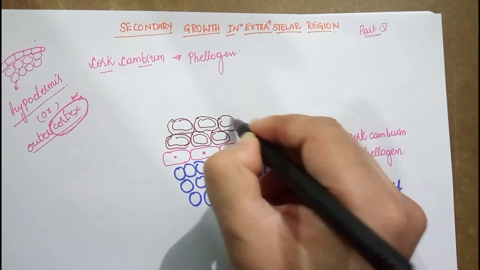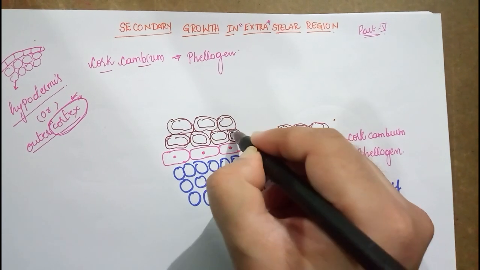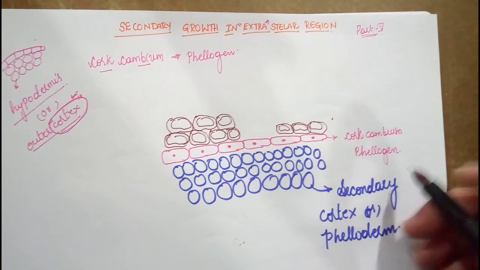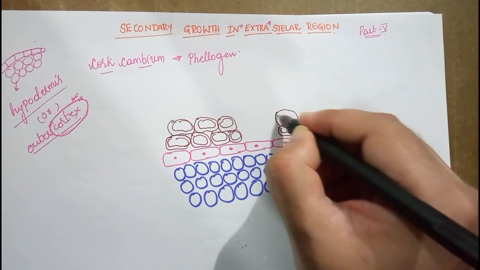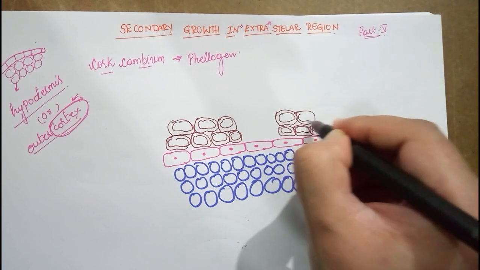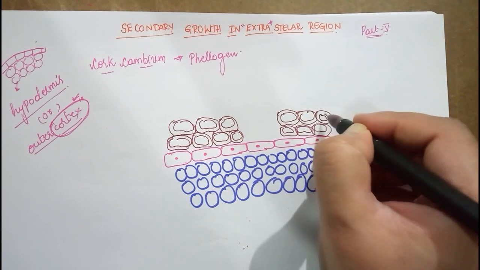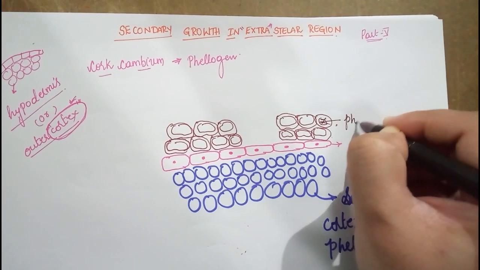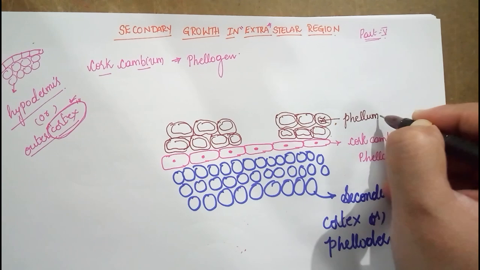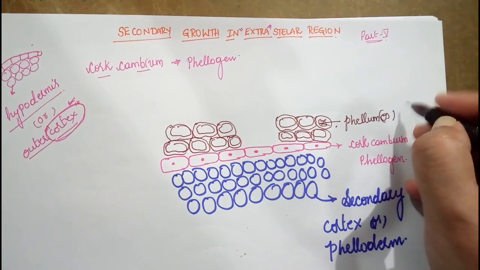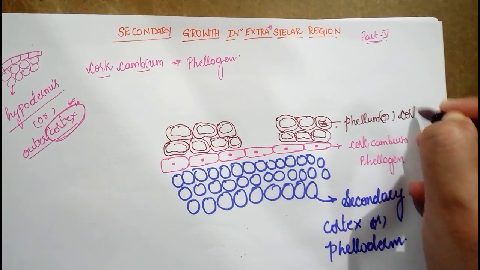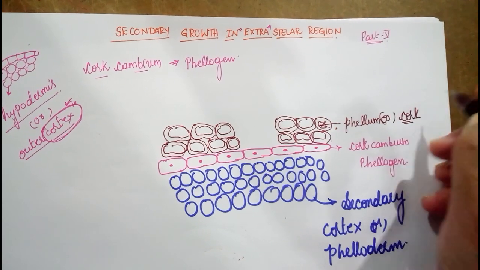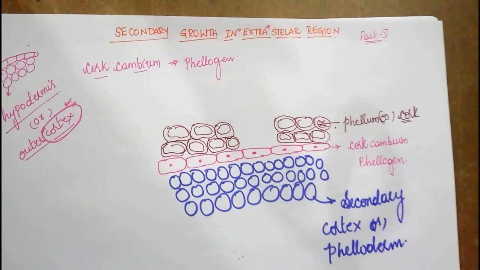So this phellogen, towards the inner side, gives you the secondary cortex or phelloderm, and towards the outer side it gives you cells which are suberized and dead. These layers of cells we call phellem, or it is also called cork. Remember, cork is a dead tissue and it is deposited with suberin. Now at some places